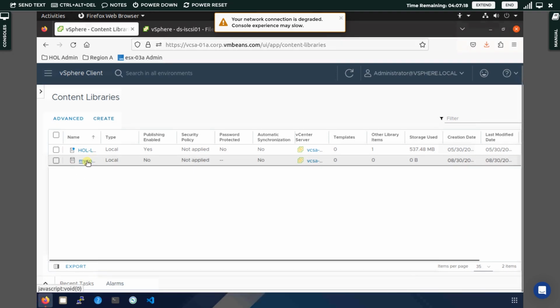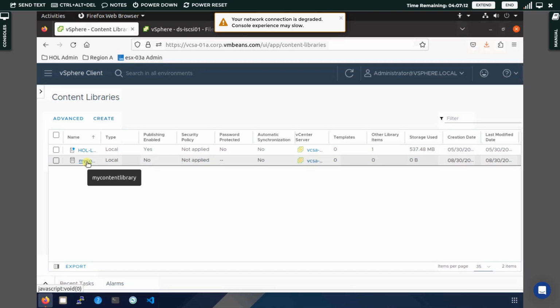Over here you can keep the ISO image in the library which you have created, so that the things will be managed and you can manage each and everything. In case there are 10 to 100 storages, then easily from the content library you can get a file or the ISO image whenever required. Is it clear? So now let's say for example, if you want to keep an ISO image in the content library, what we will do now,